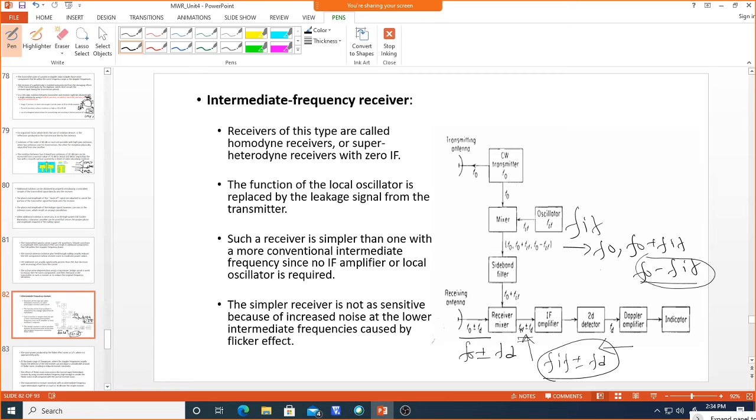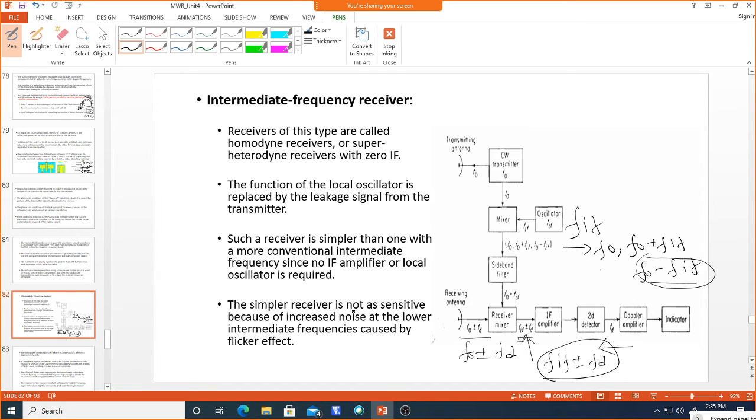that is, there is no need to down convert the received signal again. Whatever we use at the transmitter side, we can mix that signal and directly obtain the shift in the frequency. That's why it is called 0 IF. It is something like synchronous: the same oscillator used at the transmitter side will be used at the receiver side.